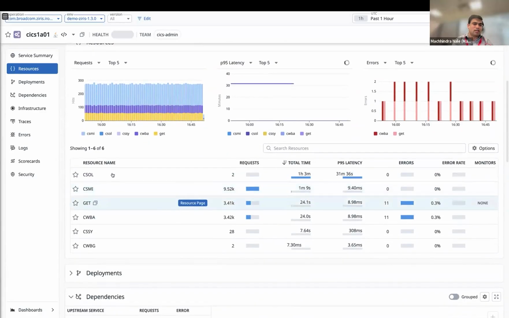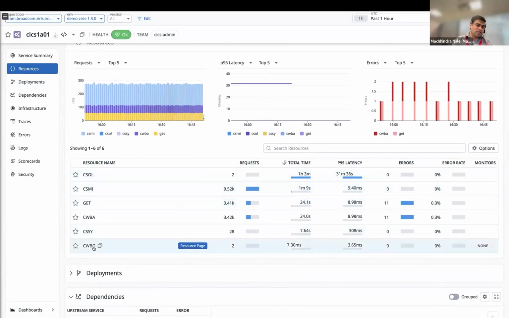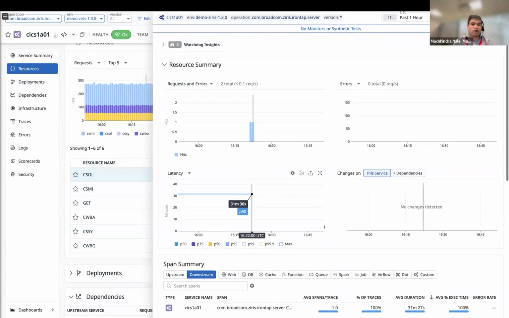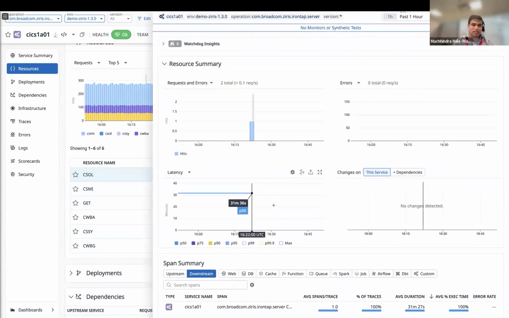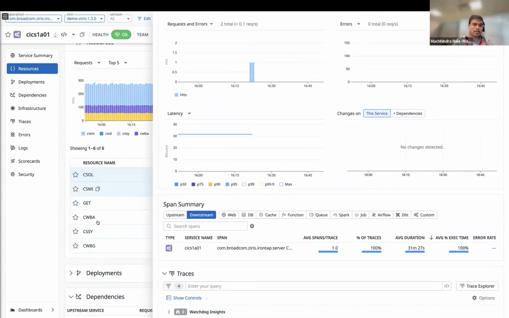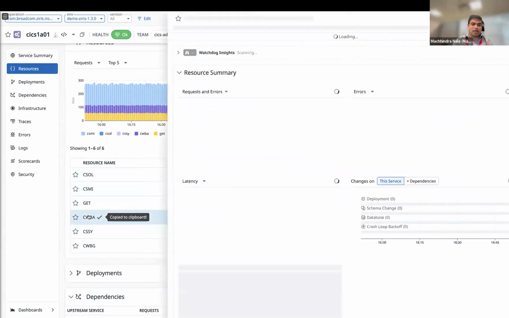So here is another way. These are all different CICS transactions. I know that on this demo system, not very interesting transactions are running, but you can take a look at a particular CICS transaction and then drill down further and see what's going on. What is the latency for that transaction? How many requests are coming in? Are there any events happening? Those kinds of details can be found quickly.